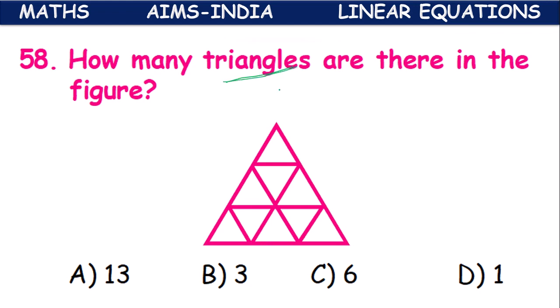So how many triangles are there in the figure? Triangles. 1, 2, 3, 4, 5, 6, 7, 8, 9. Individually 9, children. After 9, we can count the bigger ones, which is 10. So next, after 10,